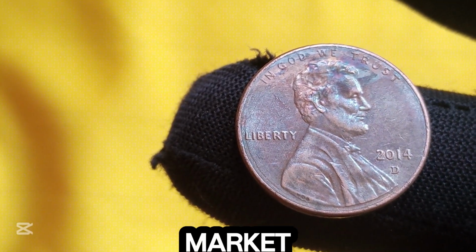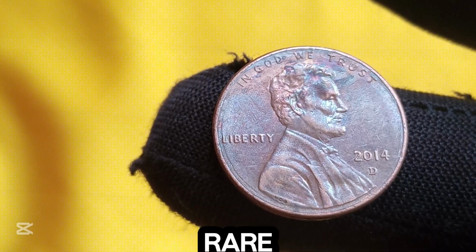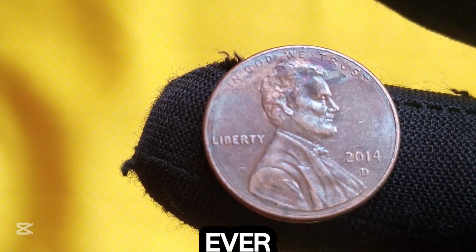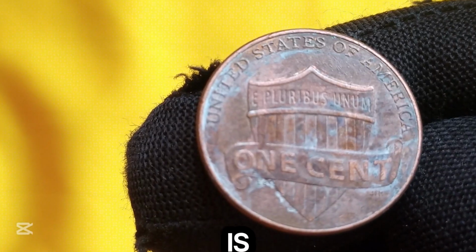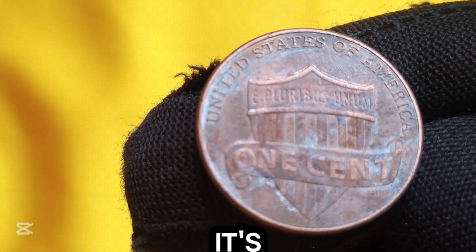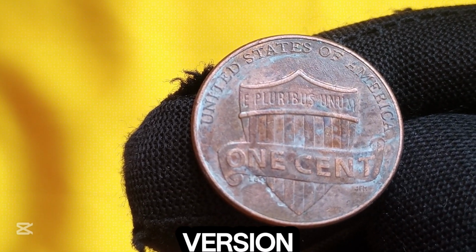Now let's look at the market. Coin collecting isn't just a hobby anymore. It's an investment. Rare pennies are becoming hotter than ever. More collectors are entering the game and prices are climbing. The 2014 Ultra Lincoln is no longer just a fluke find. It's now a legendary target. Current market value for the highest graded version is sitting around